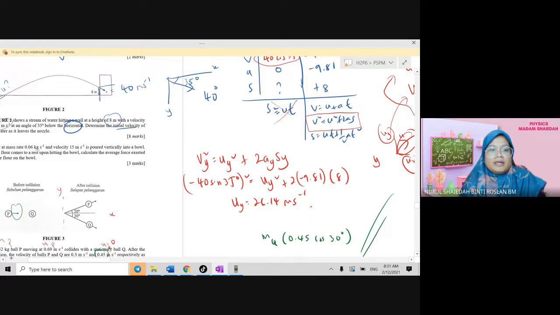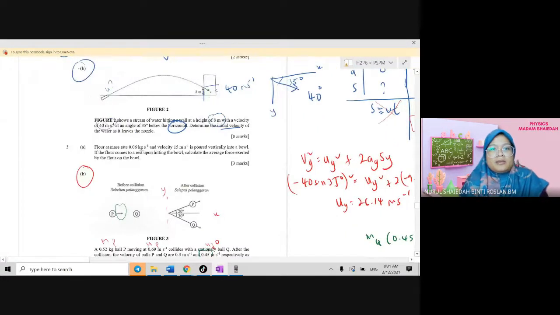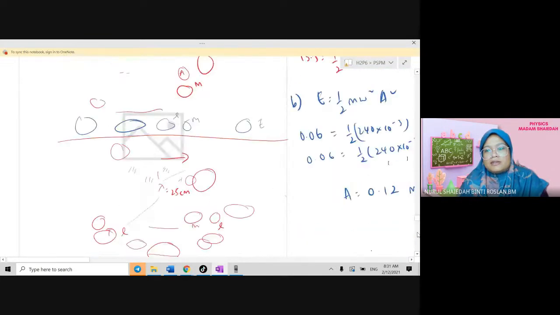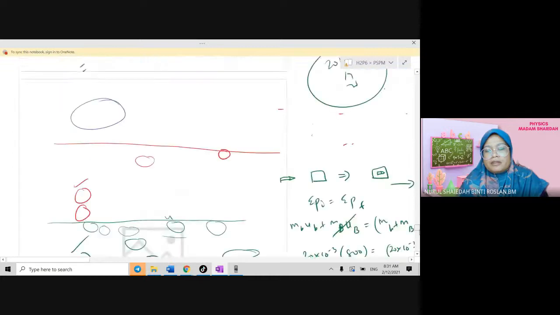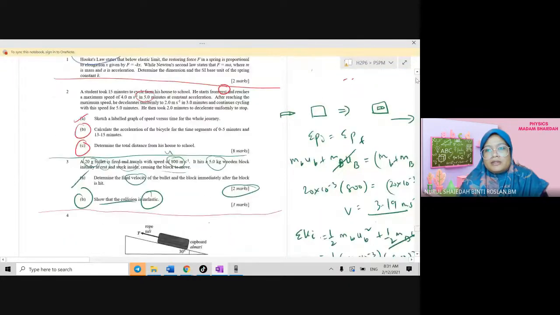Okay, so berapa markah ni? 8 markah. Besar lah 8 markah tu. Okay, so ini adalah case projectile. Okay, kita tengok tahun lepas dia keluar pasal apa. Okay, tahun lepas dia keluar pasal